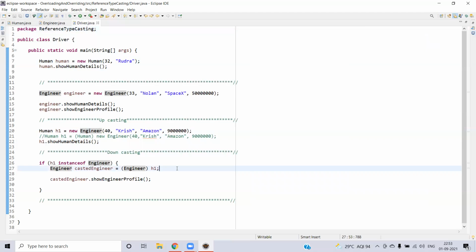Fine. This way we can clearly understand that on our left-hand side we have the type, and the methods present in that type are the only ones that can be used at compile time. In some places the subclass object is being created. You can downcast it after checking with the instanceof operator. Then you can use all the methods available in the child class as well as in the parent class. So this is all about typecasting for reference data types.